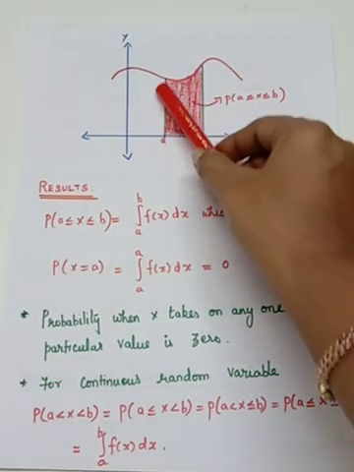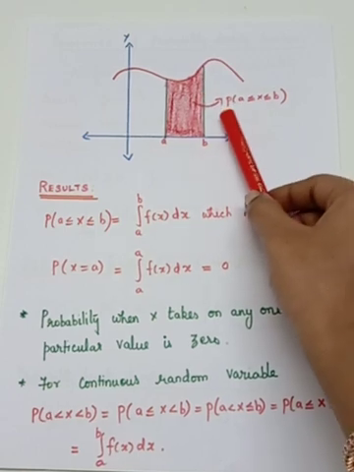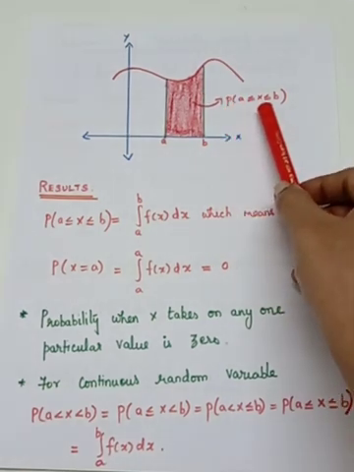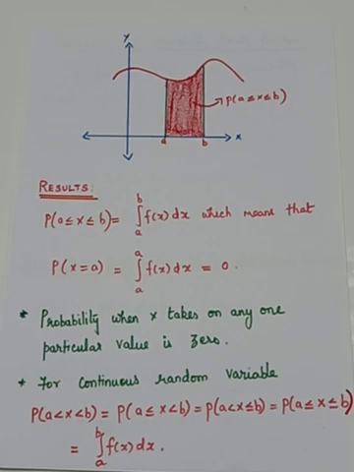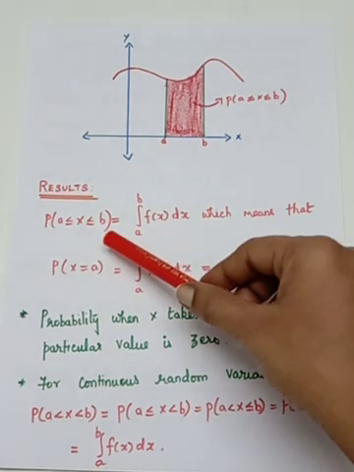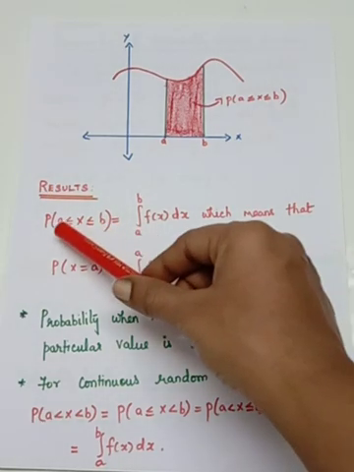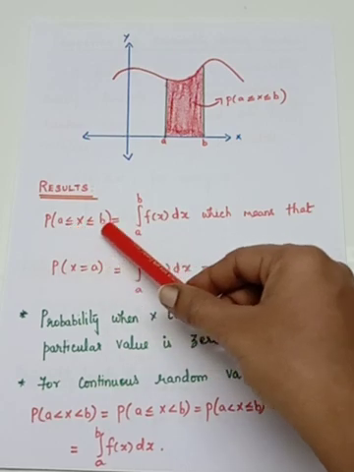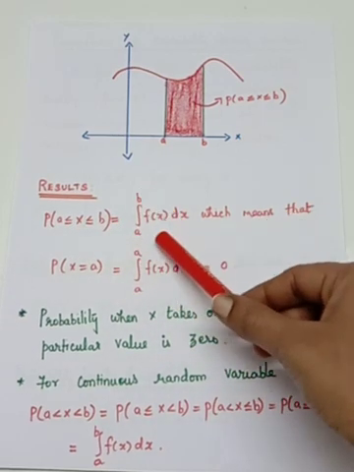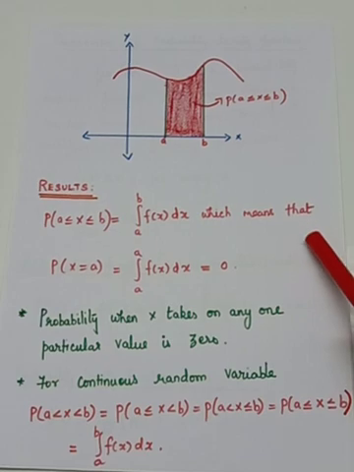The area under the curve is nothing but the probability of a less than or equal to X less than or equal to b. So we have said that P of a less than or equal to X less than or equal to b is equal to the integral from a to b of f of x dx, which means